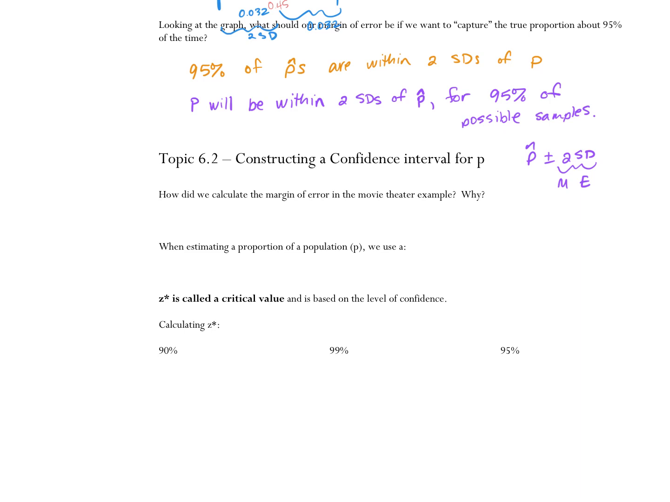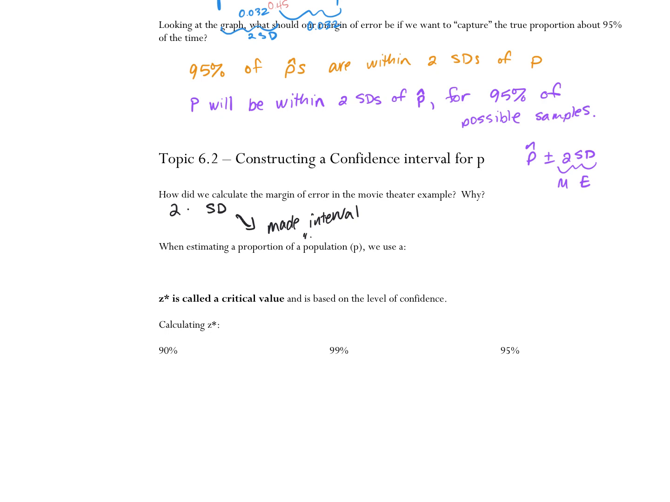Okay, so on Monday, Tuesday, during the block day, we did that example of trying to figure out margin of error for movies, and we did 2 standard deviations because we got to the place where we said, hey, if that P is going to be within 2 standard deviations of P hat for 95% of my possible samples. Okay? So we did 2 times the standard deviation because that margin of error made the interval,